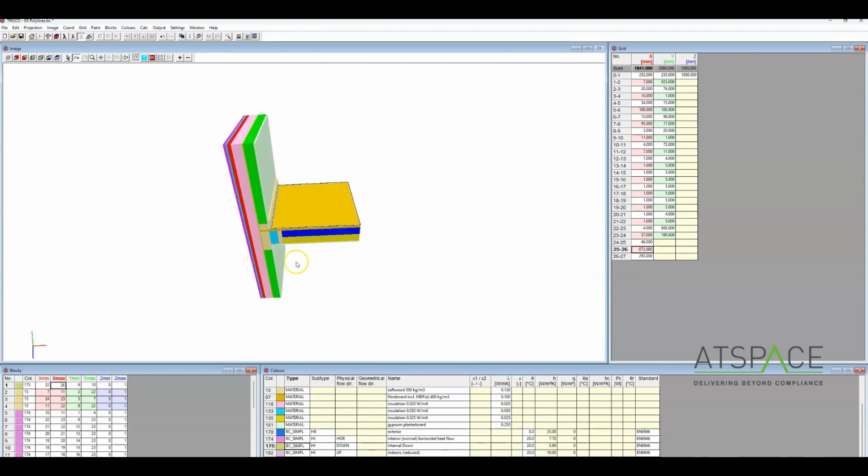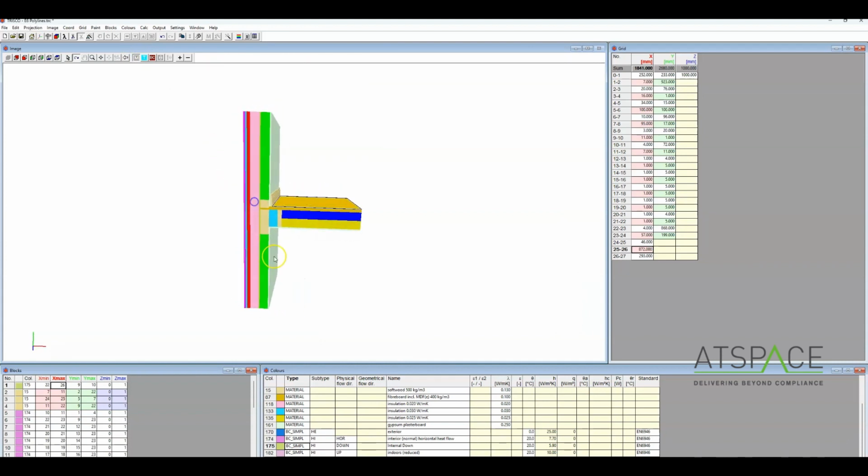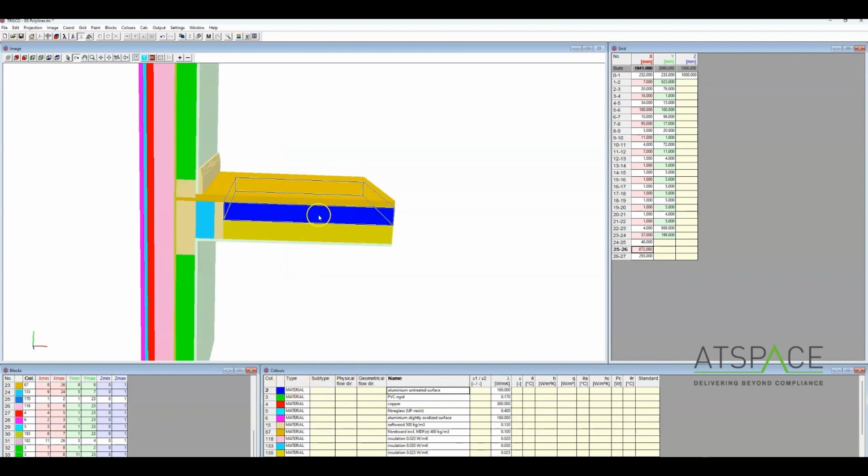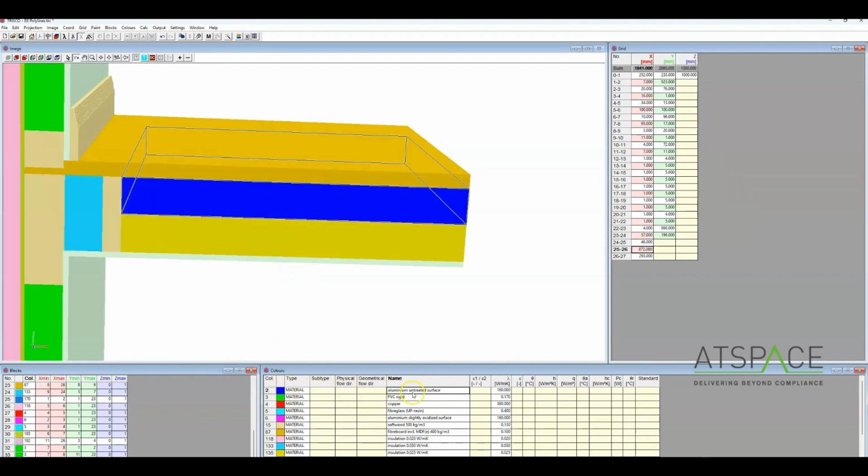And then we're happy with the boundary conditions, we're happy with the placement of materials. So now it is a case of going through this bottom middle section here and making sure all the materials have the right attributes that we want to give them. So for example, where, as I was earlier entering in random numbers for the materials which we needed to adjust, you can see that should be an air cavity there, but because I've just given it a random number, it's actually aluminium at the moment with a thermal conductivity of 160, which is obviously way too much. So what we're going to do is rename that,